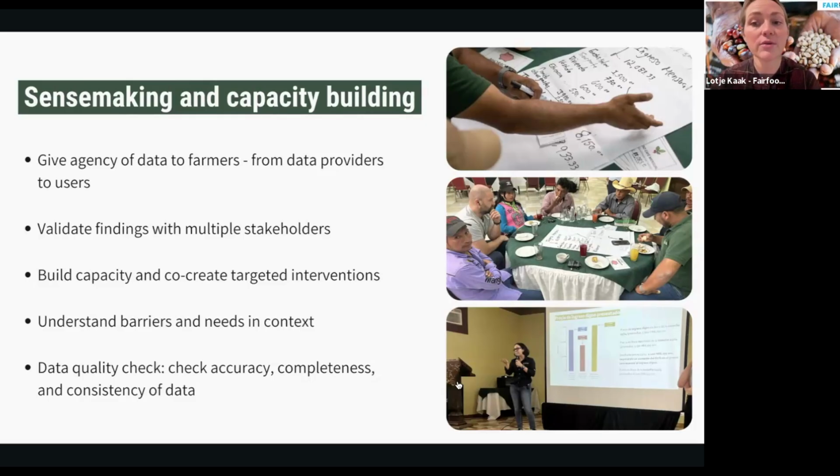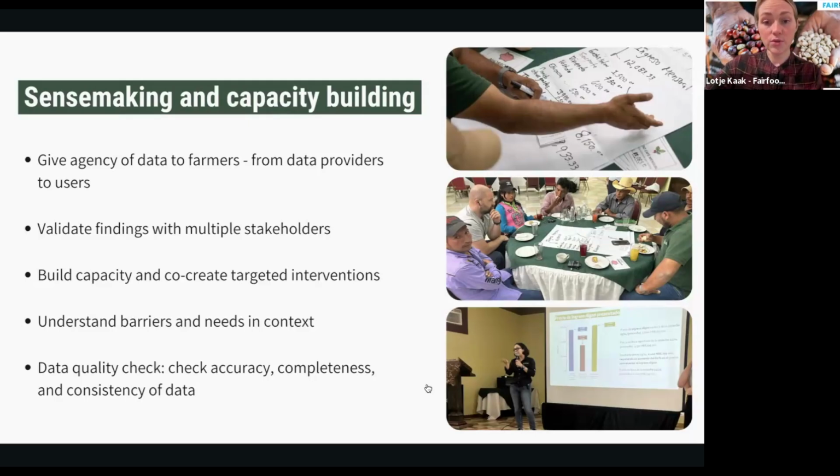We also invited farmers to be part of the decision-making process around pricing, but also the interventions that would be set up based on the outcomes of the research. We held several interactive cost of production and household expense exercises to really fully understand the concept of living income. And we were also able to understand the needs and barriers to add another layer to the data in order to prioritize and also design the pathways forward.